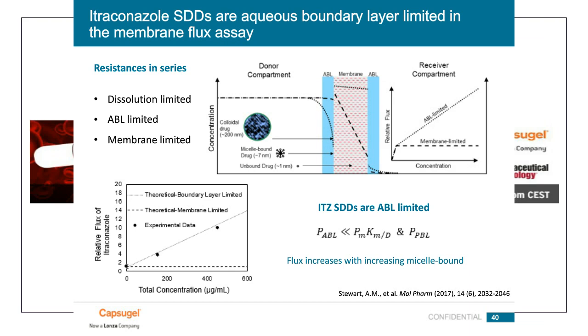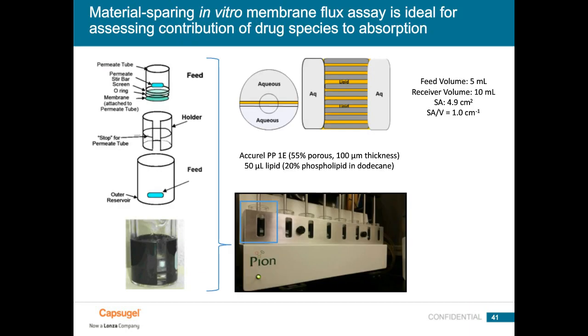So this is a picture of the test as we have set it up. We run this in parallel. We can run eight vessels at a time, and the drug formulation and donor media is placed into a vessel, and a receiver vessel with the membrane is placed on top inside that outer reservoir, and the drug concentration is monitored in the receiver phase using a UV probe. And in the upper right, you can see a zoomed-in version where we have a lipid-filled membrane separating two aqueous phases, the donor and the receiver compartment.